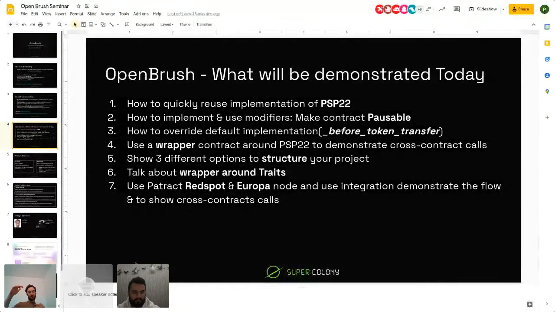We will show three different options to structure your project. We'll talk about wrapper around traits. And for integration tests, to demonstrate the flow and cross-contract calls, we will use Redspot and Europa from Patract. I think if you are in Ink or smart contract development, you know these test products.